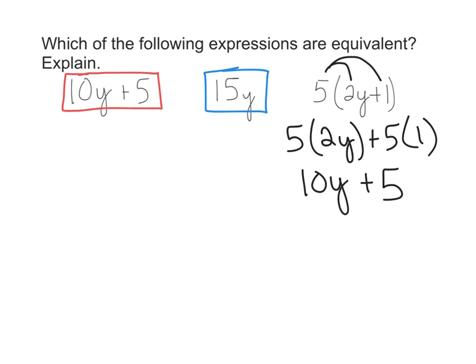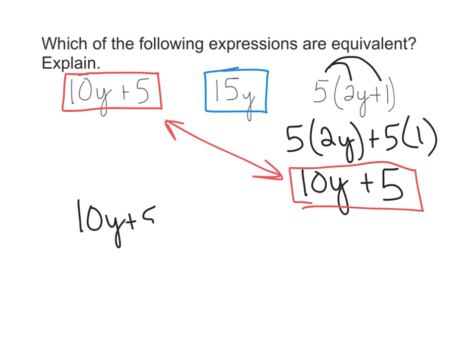Just be careful with that. If you'll notice, in the end we ended up with 10y plus 5, and our first expression also was 10y plus 5. So which of the following expressions are equivalent? We could say 10y plus 5 and 5 times the quantity 2y plus 1 are equivalent